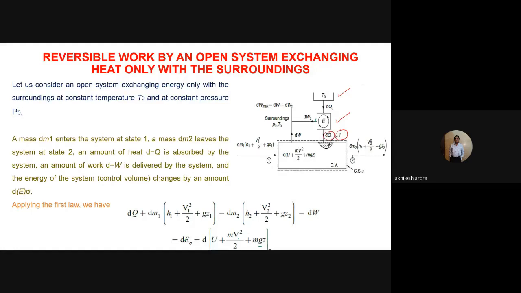So now in today's topic, which I am going to start right now, I have another reservoir here, which is at temperature, let us say, Tr. This is the temperature of the reservoir. So I have a reversible heat engine from which I will get some work. And I will add here a certain amount of heat Qr, or let us see what is given there in the expression. This heat which is added to the control volume is at a particular temperature, at that particular location of the boundary. So this work will be added to the expression which we got in this particular topic.